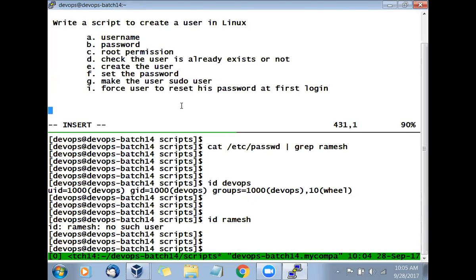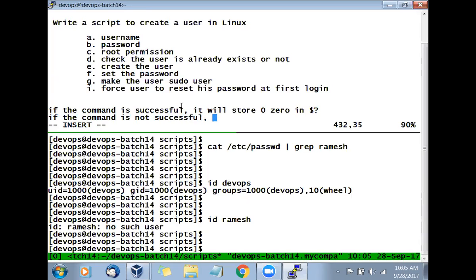What happens if the command is successful? It will store 0 in a special variable which is called dollar question mark. What is that special variable? Dollar question mark. So what will it store? It will store a 0 in that if it is successful. But if the command is not successful, then it will store a value greater than 0.